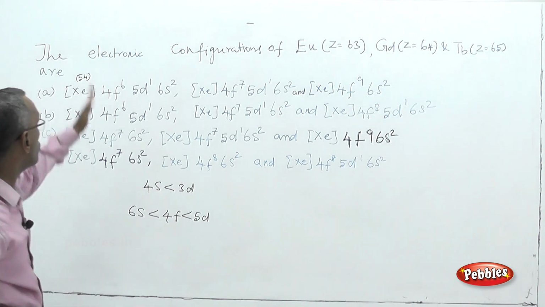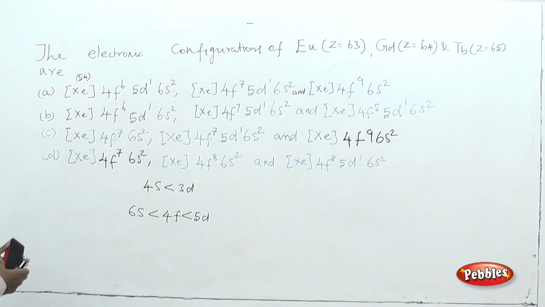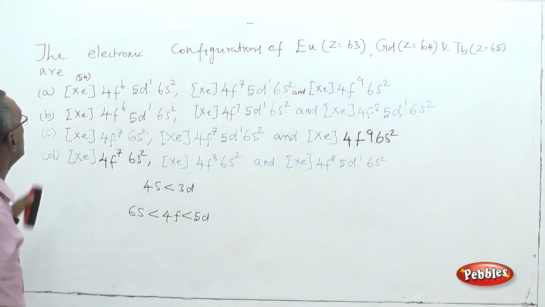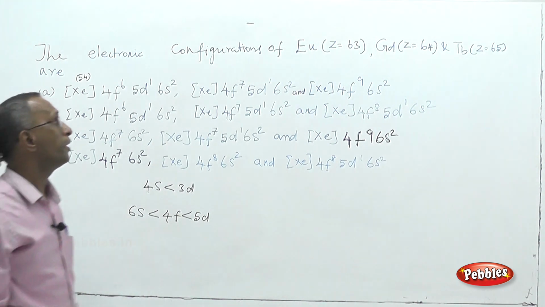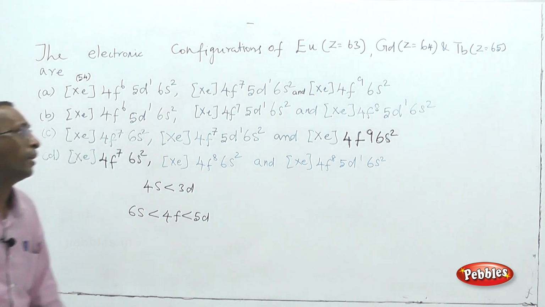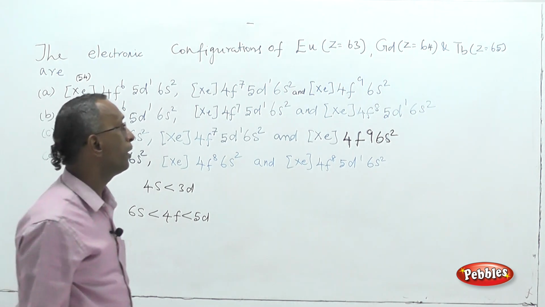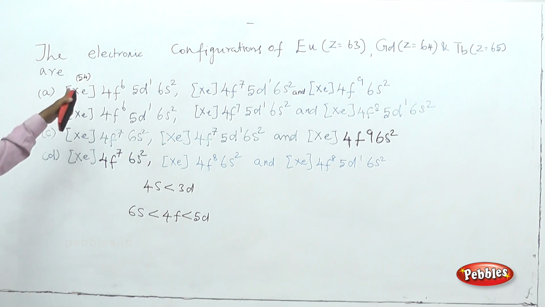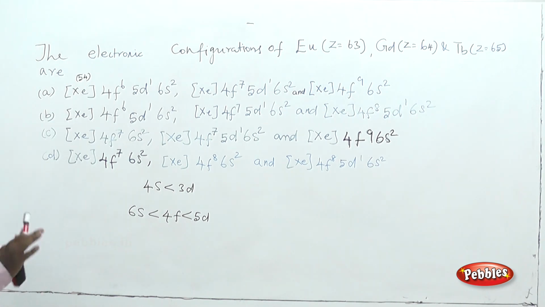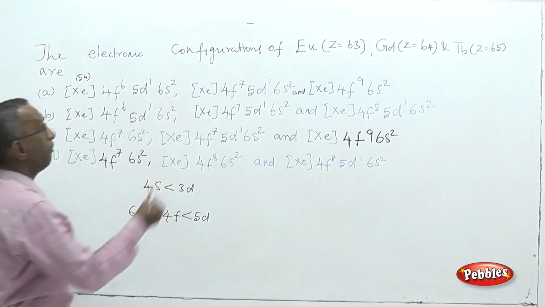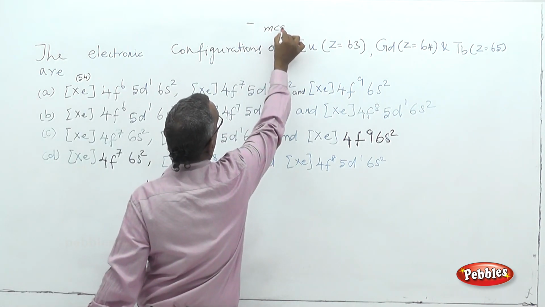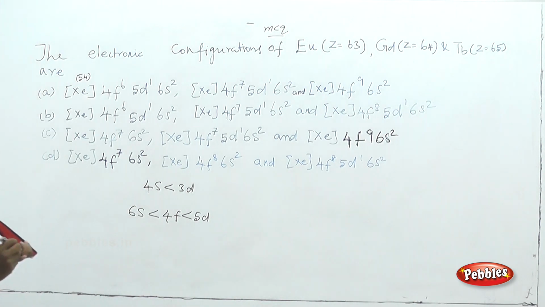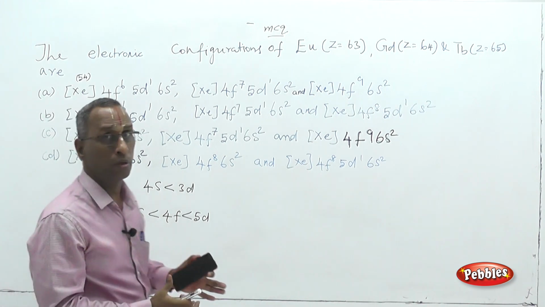But anyhow, 4 choices are given. The question is the electronic configurations of europium, equal to 63, gadolinium, equal to 64, and terbium, equal to 65. 4 choices are given, but only 1 choice is correct. It is a multiple choice question. Which choice is correct, we have to identify. As you look, all of them will appear to be correct, but here we have to follow the rules